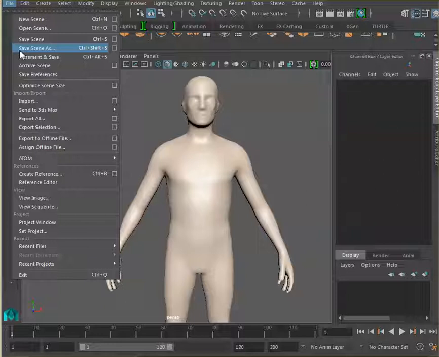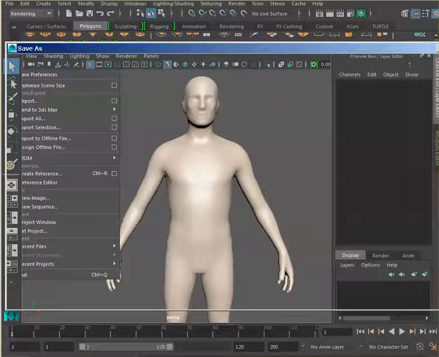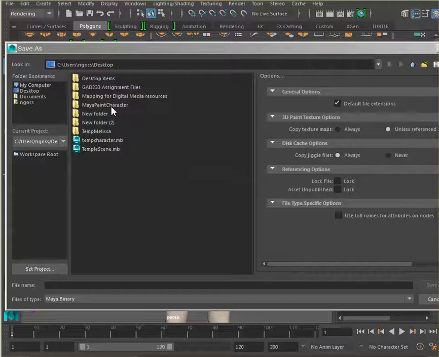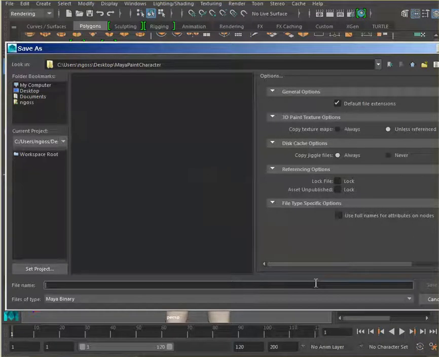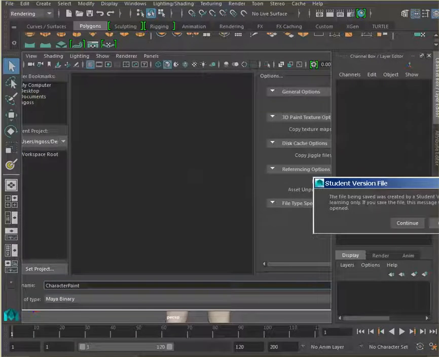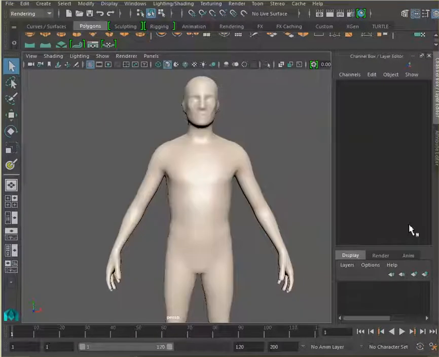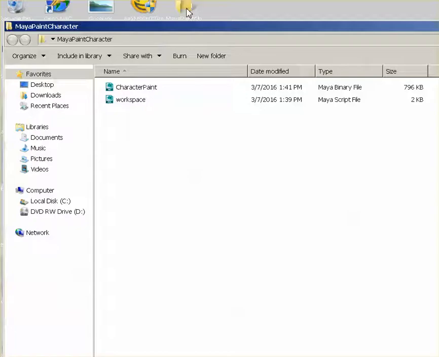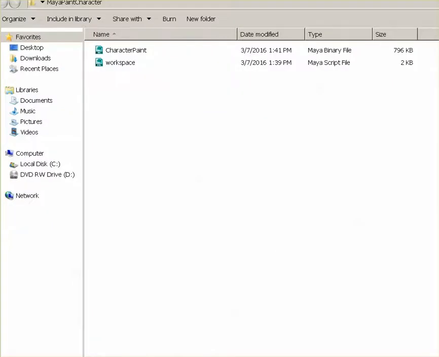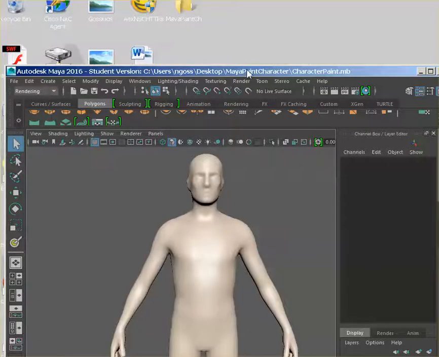So let's then proceed to save your scene. Just go save scene as and save your file. Okay, so let's select the character and save it. And continue. What you just did there was very much just create your file. Okay, so now let's go back to Maya,